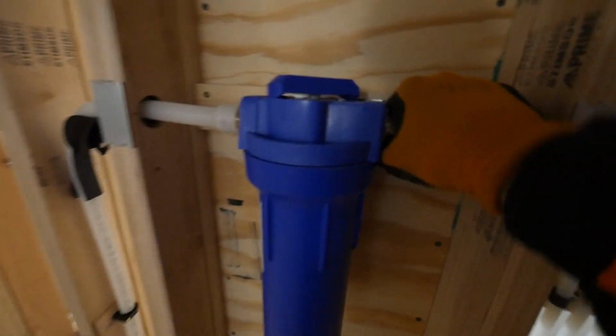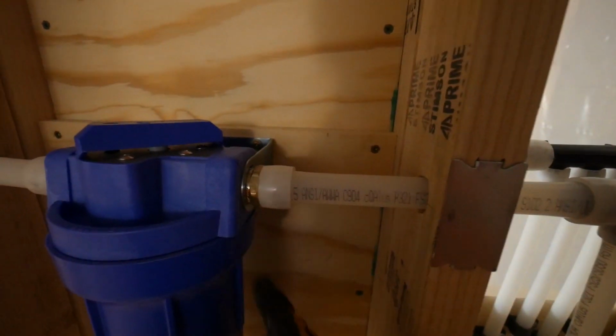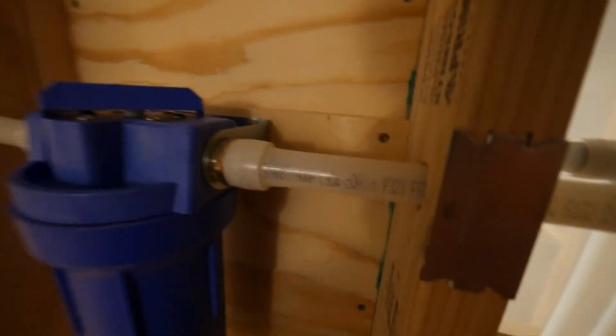But the good thing is that with this type of Pex, I should mention this, you can rotate these after they're sealed like this and it doesn't hurt the connection. So even if I have to tighten these fittings up or even take it off, I can do that without ruining this seal. It'll turn right in there. It's really cool. You can see, look at, see that? The fittings just rotate in there. I don't want to do that forever, you know, you don't want to wear it out, but...